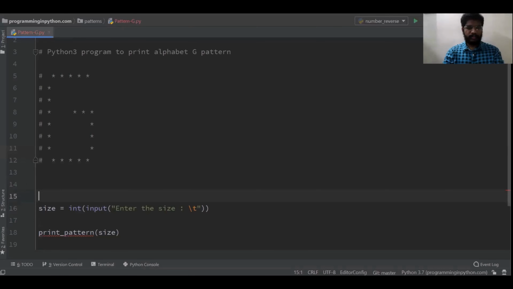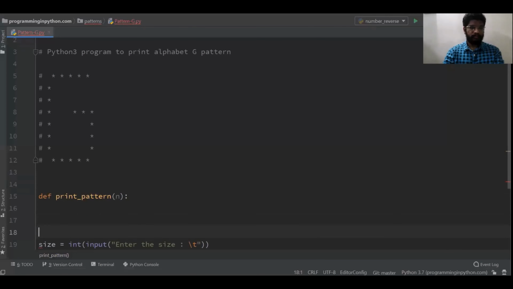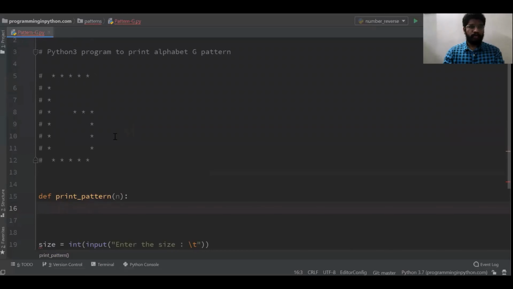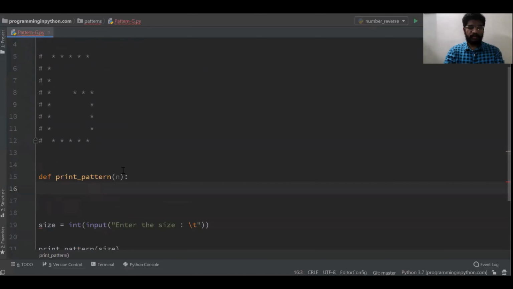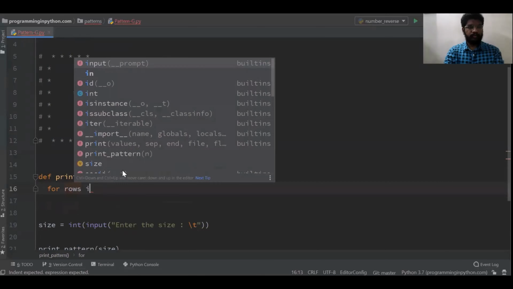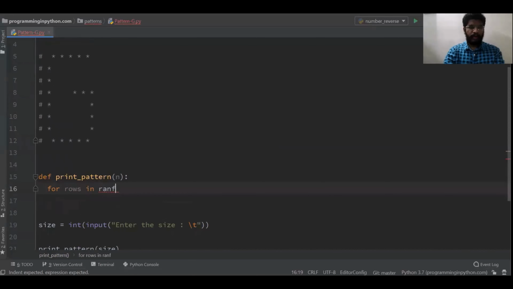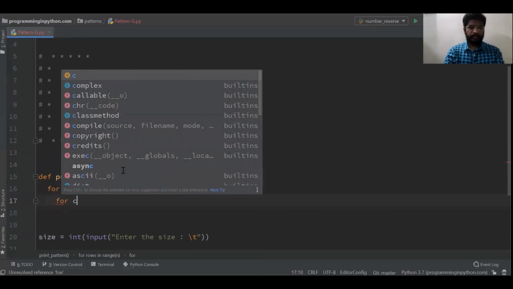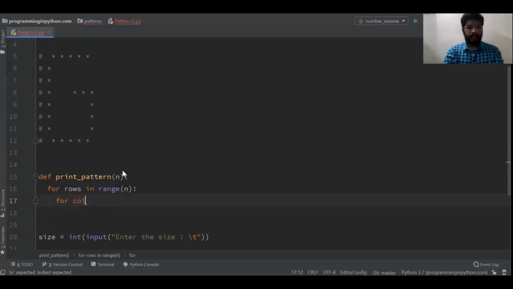In print pattern, I'll call the size n. Here, as I said, I'll take two loops: for rows in range of n, for columns in range n.